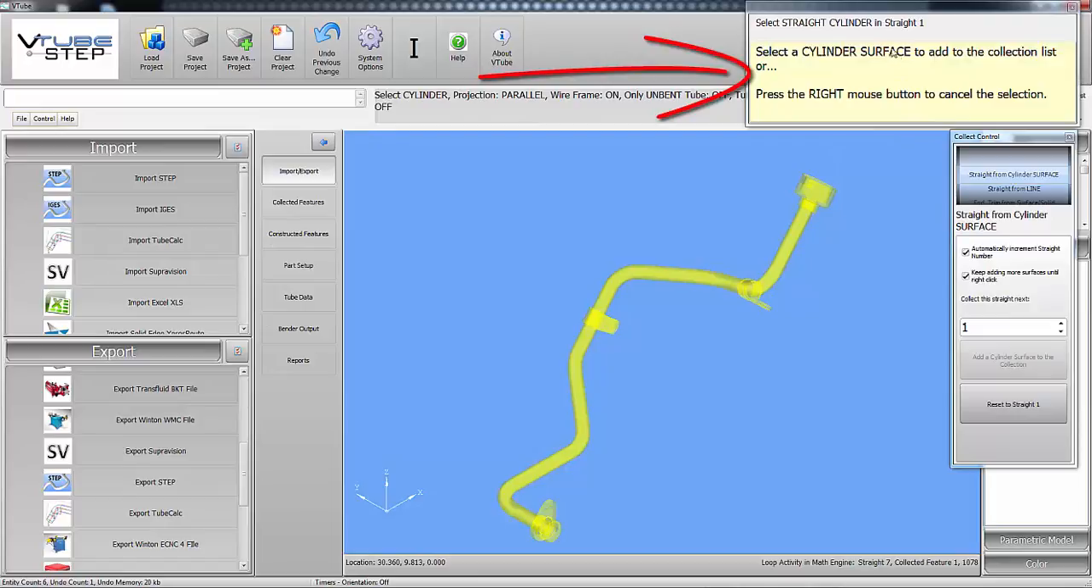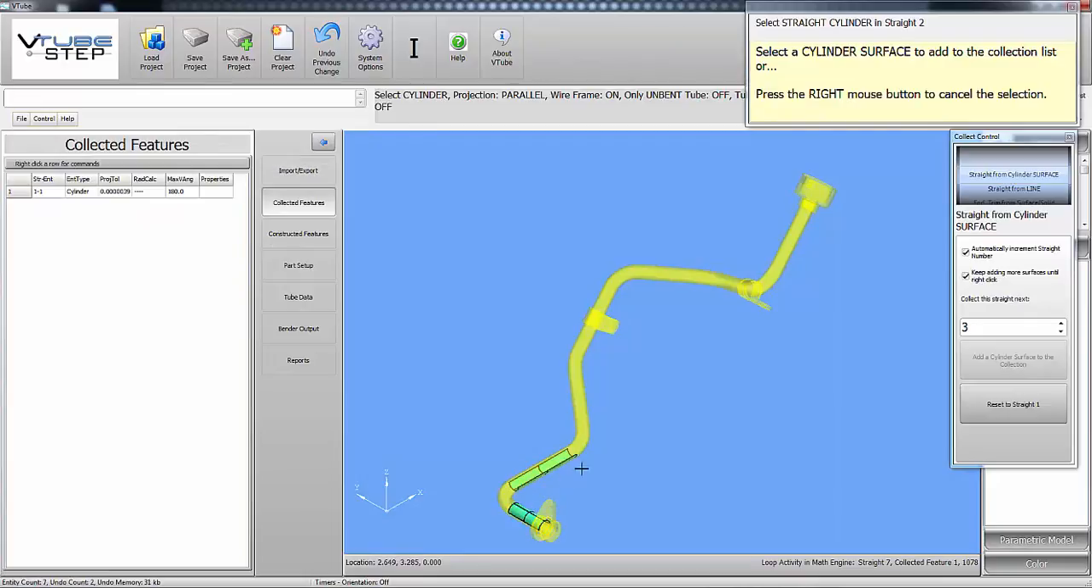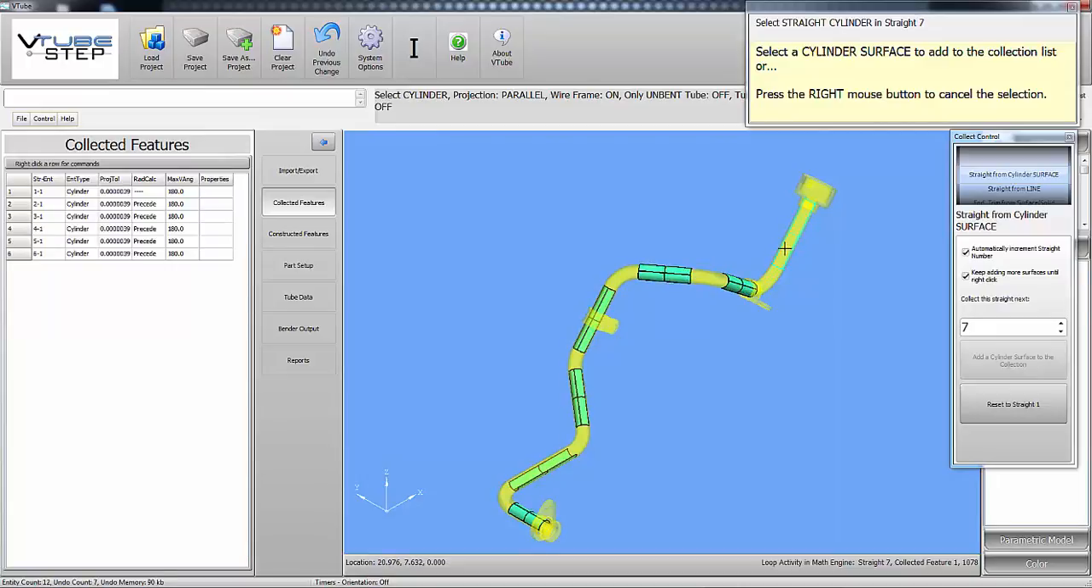This is a guide box up here, and it's going to always show us what to do next. So I'm going to click on this first straight right here, and then the second straight. It's okay to get the inner wall. I'm going to be careful to miss the brackets and any other components that are on the tube that don't define the tube shape. Now, in order to stop the collection process for the tube, I'm going to right mouse